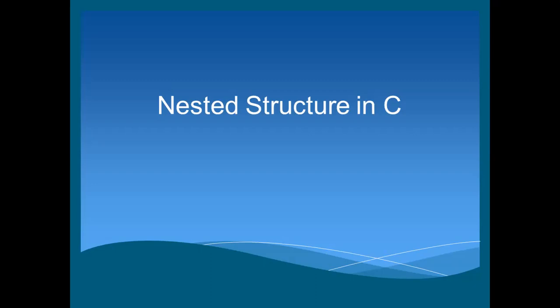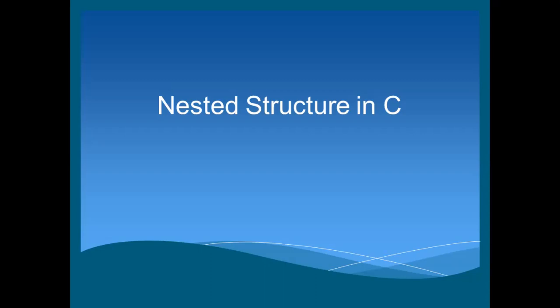Then how do we access the structure members? We access the structure members by the variable name, dot, member name. So what is a dot? Dot is called the member operator. Before the dot, we have to specify the name of the variable. After the dot, we have to specify the member name. That is accessing a structure.